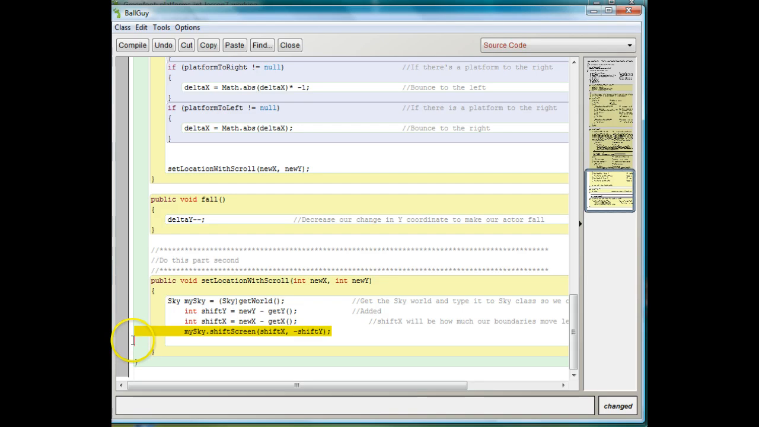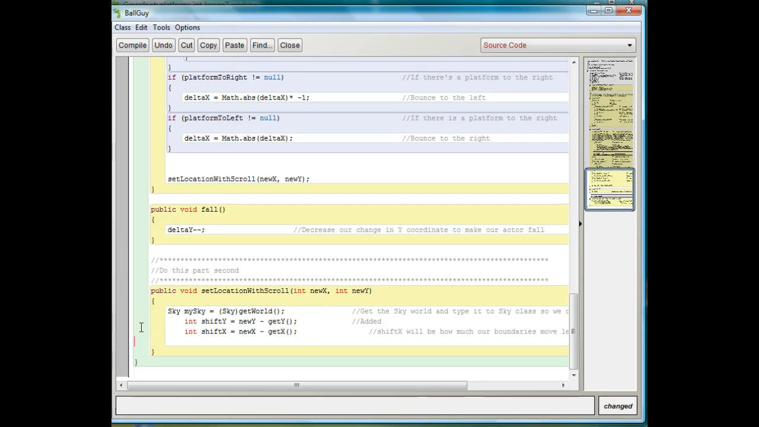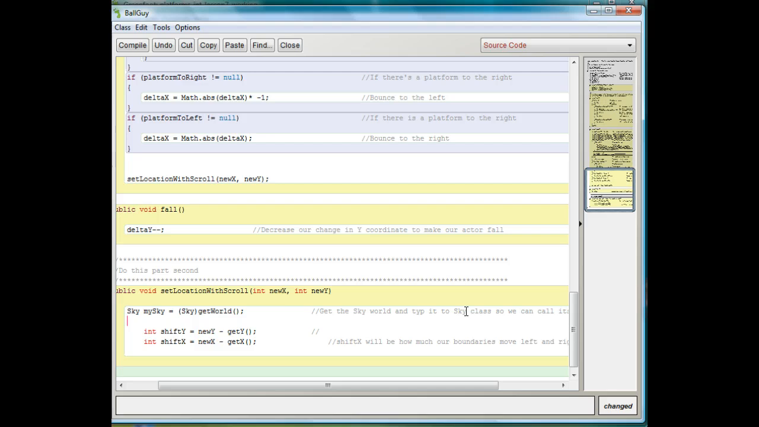So here's how I'm going to do this. First of all, I'm going to take this part out because we're going to have to change it a little bit. So what we're going to do here is I'm going to want an if statement, and it's kind of a big if statement. So if my new y is less than 200, which means that I'm within 200 pixels of the top of the screen, and